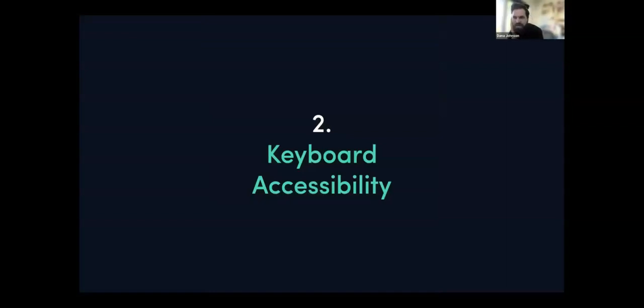Another one is keyboard accessibility. For those who rely on the keyboard to navigate web pages, or for those who just prefer using the keyboard, it's critical that keyboard interactions are visible on the web page, and that user actions work just as they would if they were using any other input device like a mouse or a touchscreen. So one aspect of that we have addressed is to make sure we have an indication of focus anywhere that somebody is